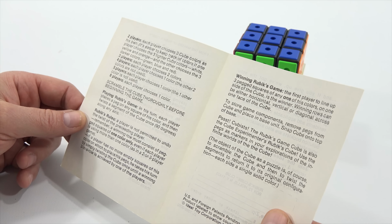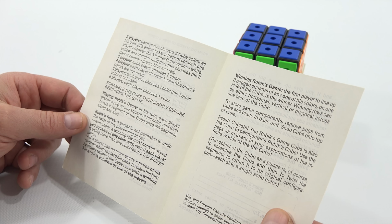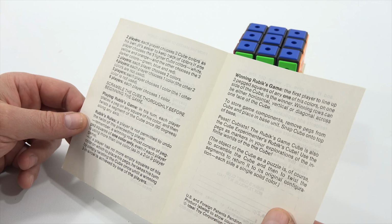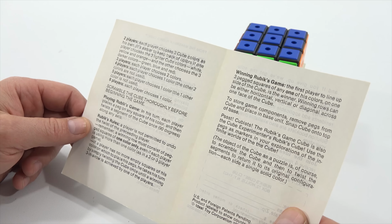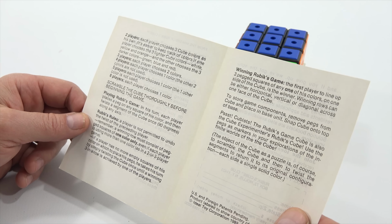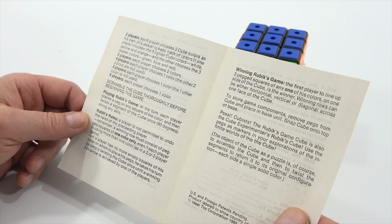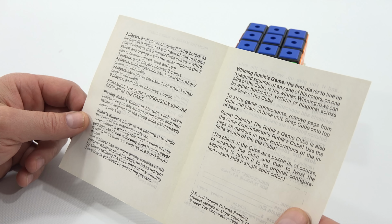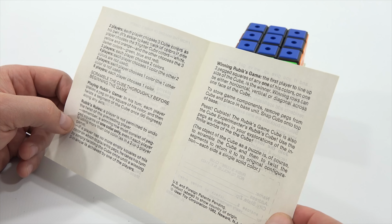Playing the Rubik's Cube game: on his turn, each player places a peg on a square of his color and then twists a segment of the cube once, 90 degrees along any axis. Rubik's rules: the player is not permitted to undo the twist of the preceding player. Remember, a winning row must consist of pegged squares of 1 color only, even if each player is using more than 1 color, as in a 2 or 3 player game. Alright, I guess I understand. Winning the game, the first player...